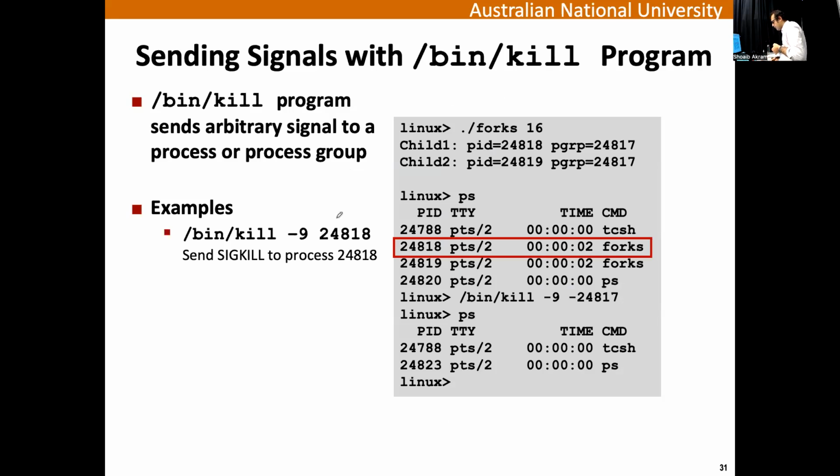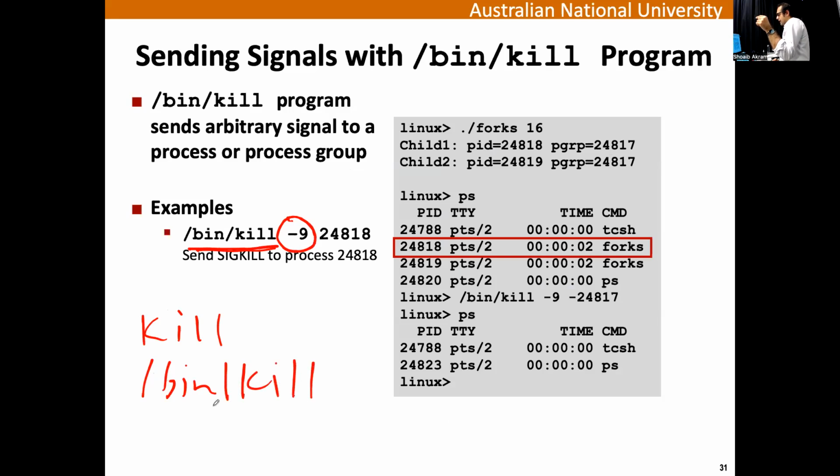Here, when we say, so there is a kill utility. The shell provides a kill utility that you can use to send signals to processes and process groups. So here I'm sending the signal 9 using the kill utility. Depending on how your shell is set up, you can just type kill, or you need to type /bin/kill. Now this will become clear when we talk about file systems and storage and all that, but for now,